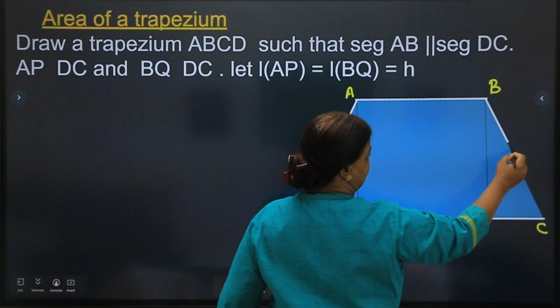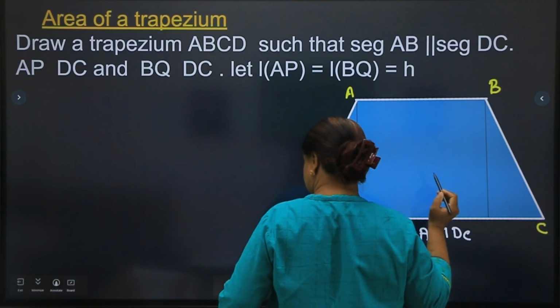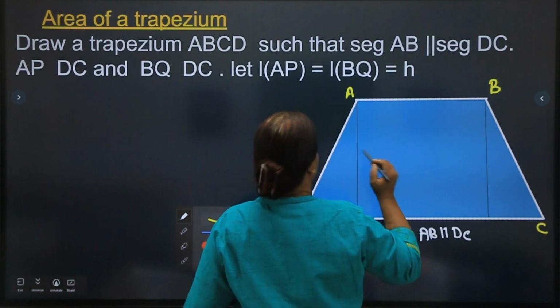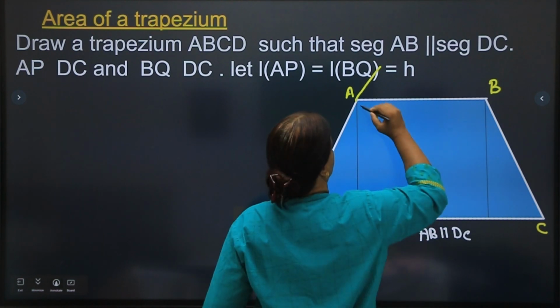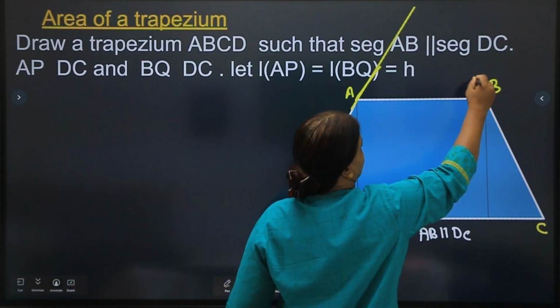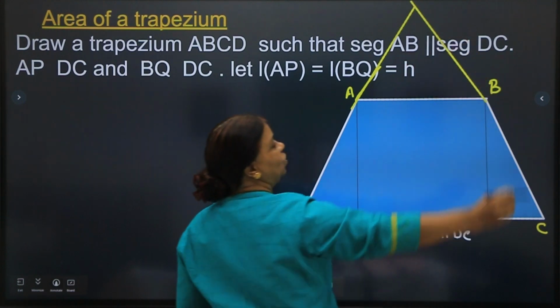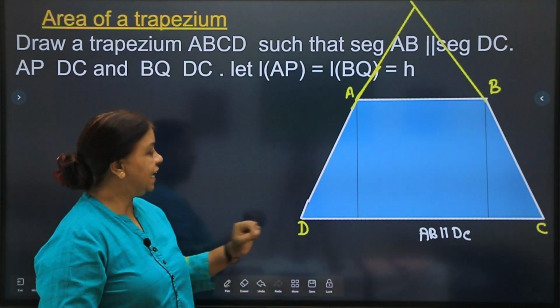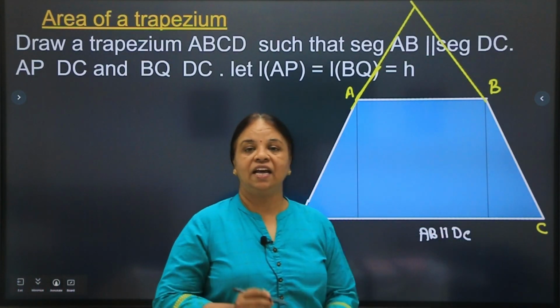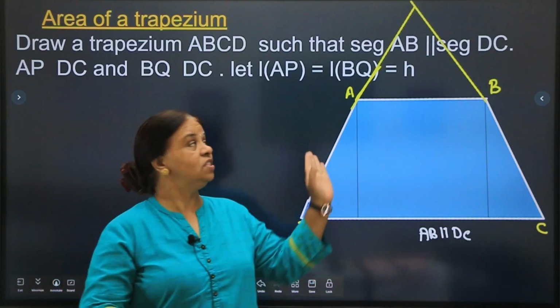Like see, if I am extending this line and this line, they are going to cut each other. So these two lines, that is AD and BC, are not parallel to one another, because if I extend them,